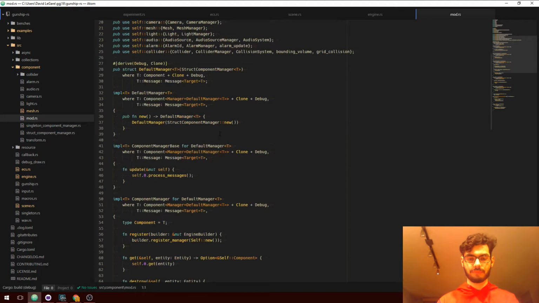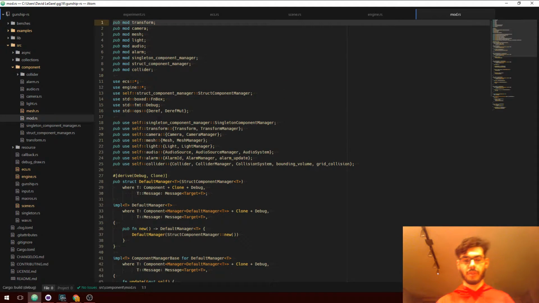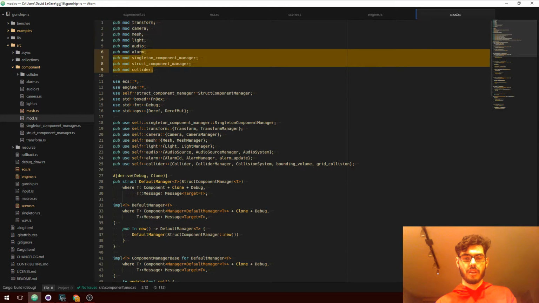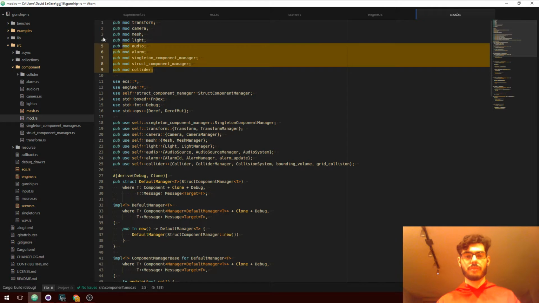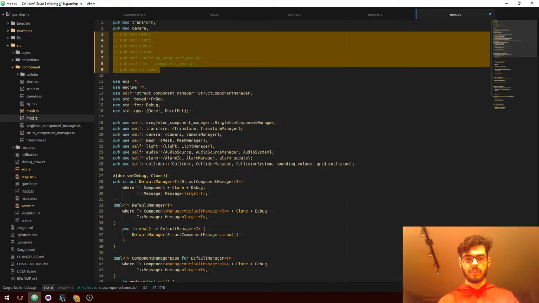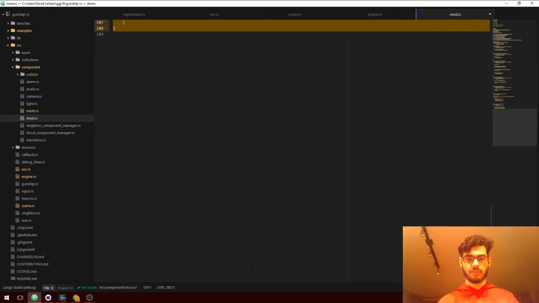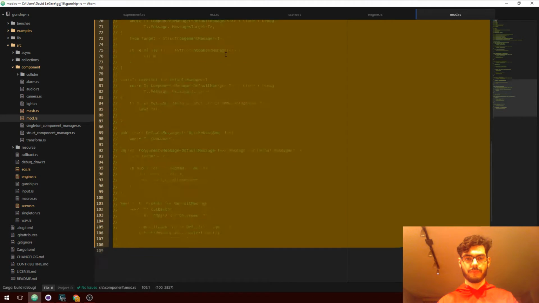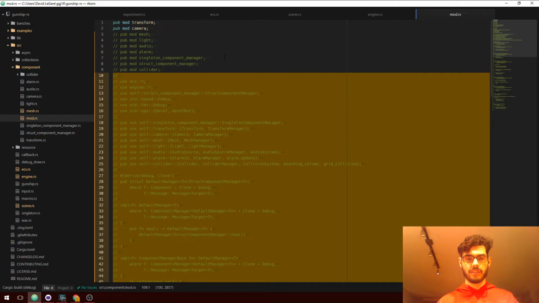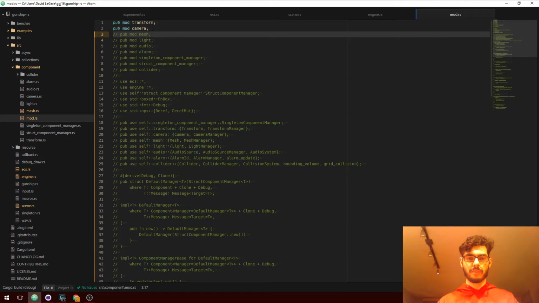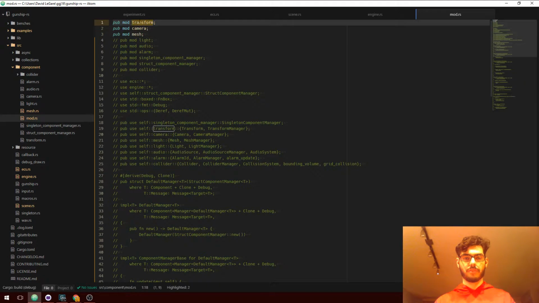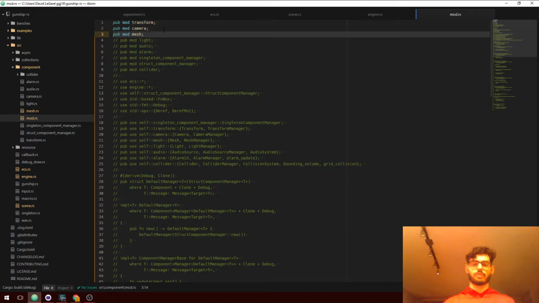In my component module, I've got all of these mods, and I'm just going to get rid of all the ones that I'm not using. And then I'm also just going to comment out all of this because I don't want it anymore. We've got transform, camera, and then I'll leave mesh in there. Transform, camera, mesh. That's all we're starting with. Starting nice and simple, as easy as can be.